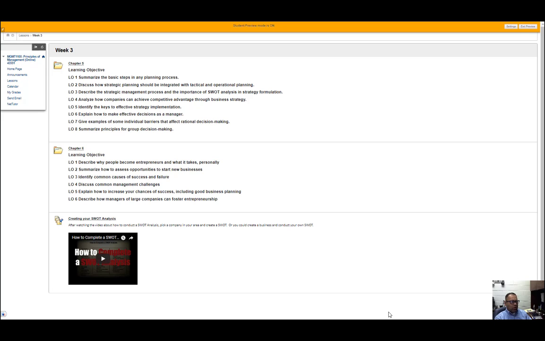The way a SWOT works is it's an environmental study of the area the business is in and the company itself. So the strength and weakness, the S and the W in a SWOT, is an internal perspective. It's not going to be externally found. It's going to be internally found.